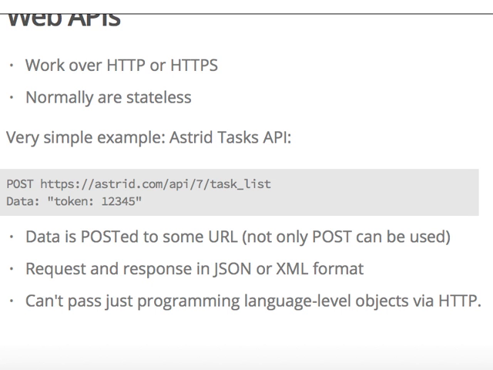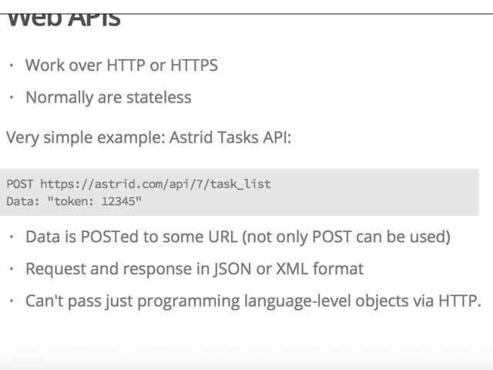It sounds like a disadvantage, but in reality, it's a double-edged sword. On one hand, yes, it's inconvenient, so you need to serialize your object to some on-the-wire format, such as JSON or XML or whatever. Then you need to deserialize it. But the other side of this is, it does not necessarily mean that the client and the server should speak the same language. So, for example, your server can be written in Java, and your web client can be written in JavaScript, and it'll work just fine, because there is this translation layer, this web API layer.